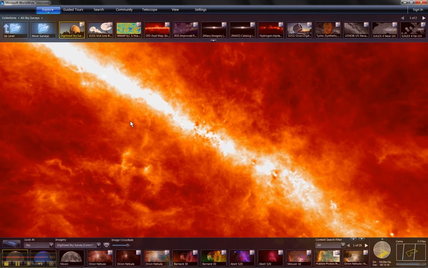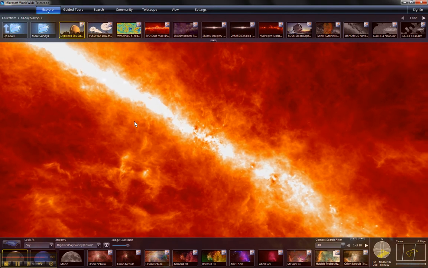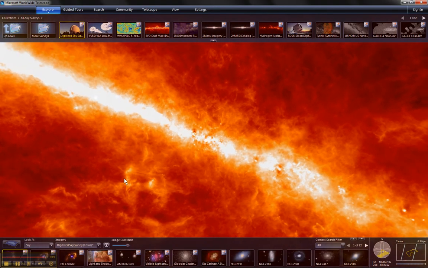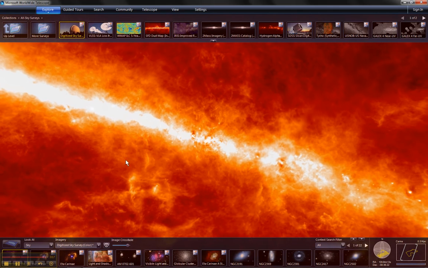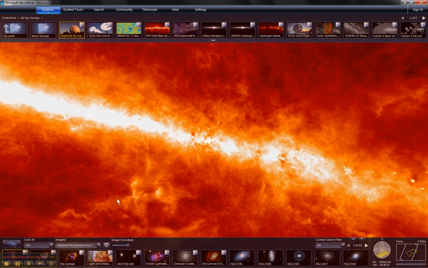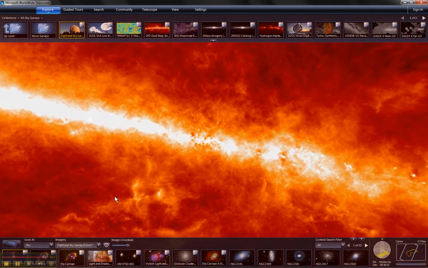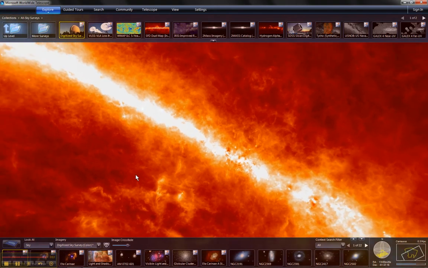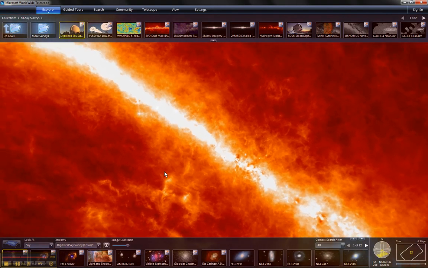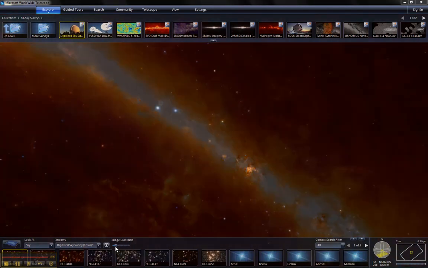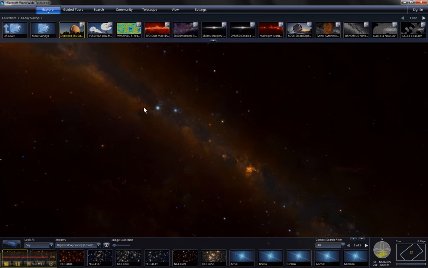Let's try that again. What was it? Option. Option click, you said. Yeah. Option. So let's spin it back. It's getting there. All right, anyway, you get the idea. Yes. So that's above and below the plane of the galaxy, and you can see the same thing. In the optical, you can see the plane of the galaxy. You see some of that blackness is the dust blocking